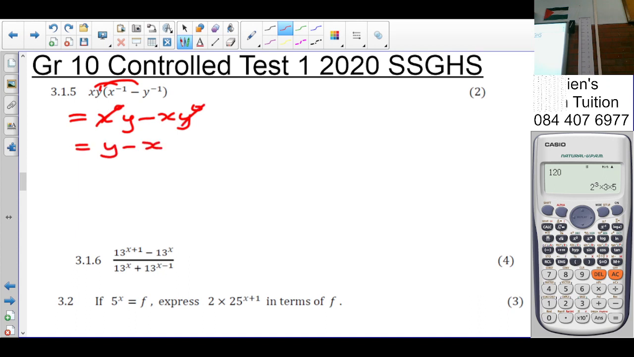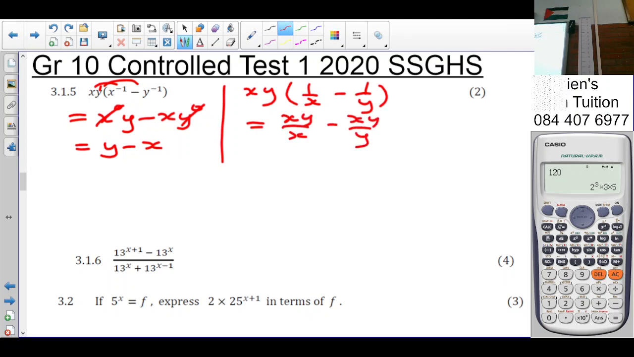That's one way. Otherwise, you could have multiplied xy into 1 over x minus 1 over y. Which simply gives us xy over x minus xy over y. Which is y minus x. Which is the same answer. Okay? You could have gone and found the LCM as well, and then the LCM would have cancelled this xy, which would still give you y minus x. Okay. The next question